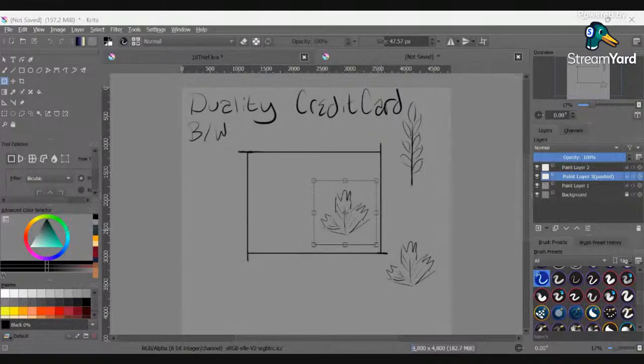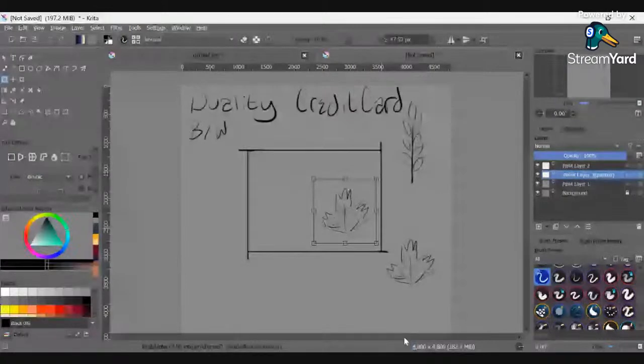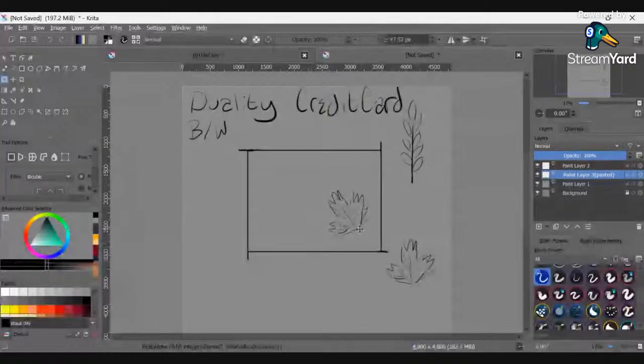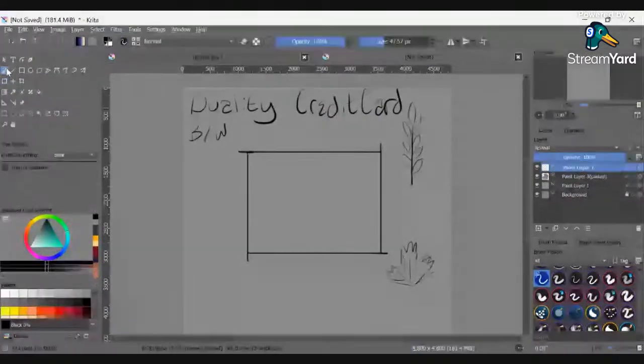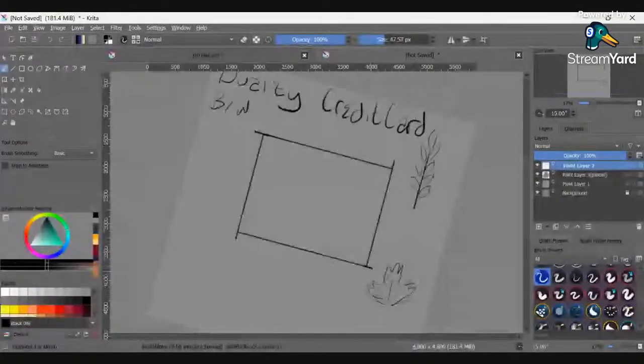So first things first is to figure out how to orientate everything in the box the way that you want it to be. I hate that I forgot to do that. You know what? I'm just gonna draw another maple leaf, and then I can move it around however I want, and it won't matter. Okay, so stick our